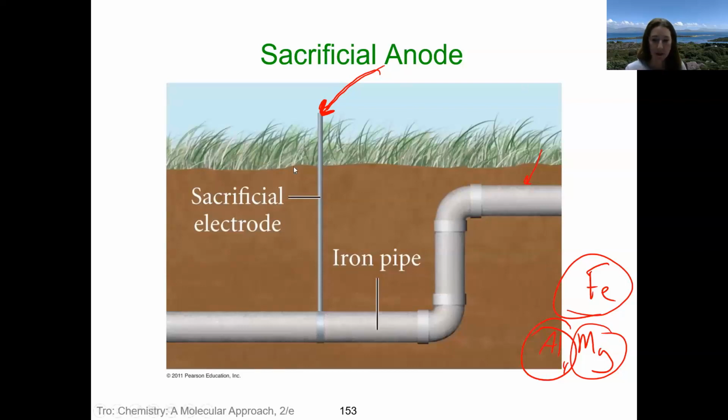Okay, so that is the end of our electrochemistry. Okay, so